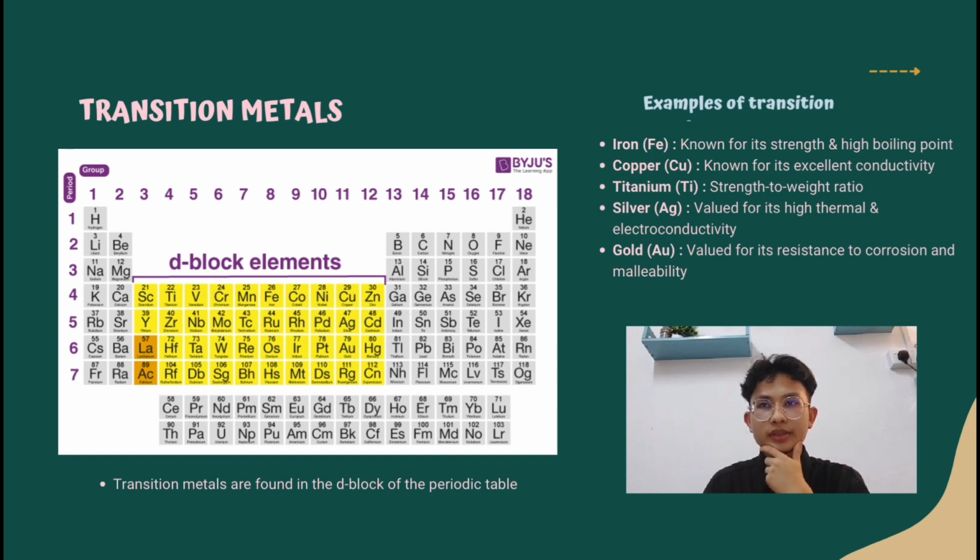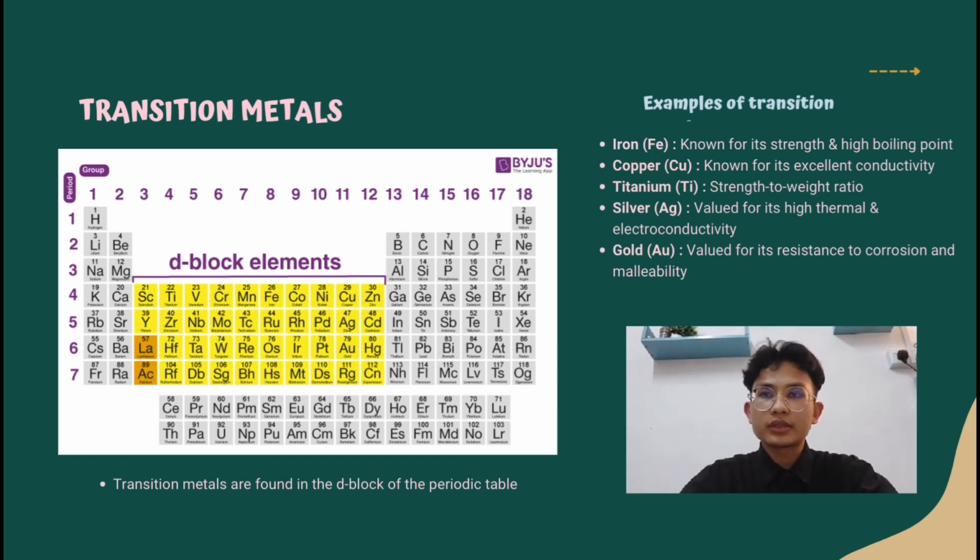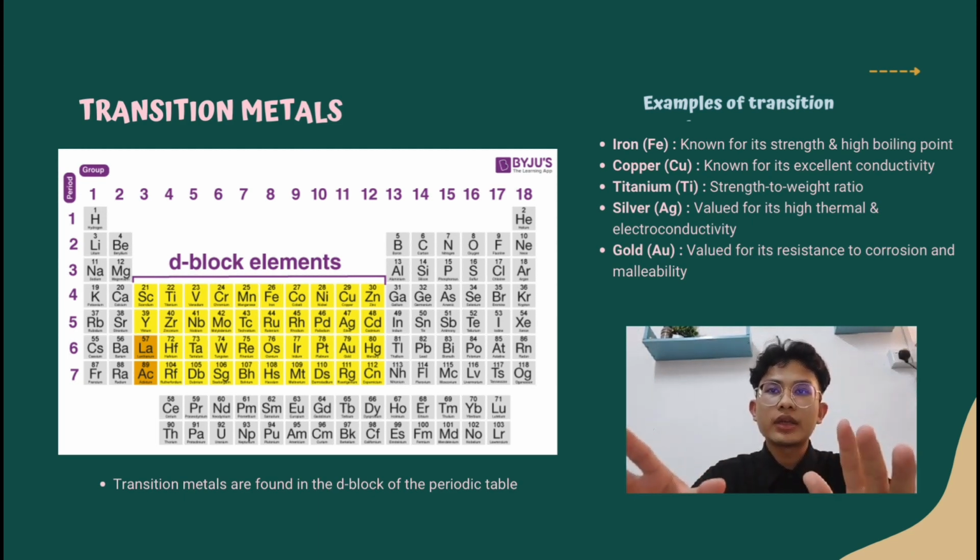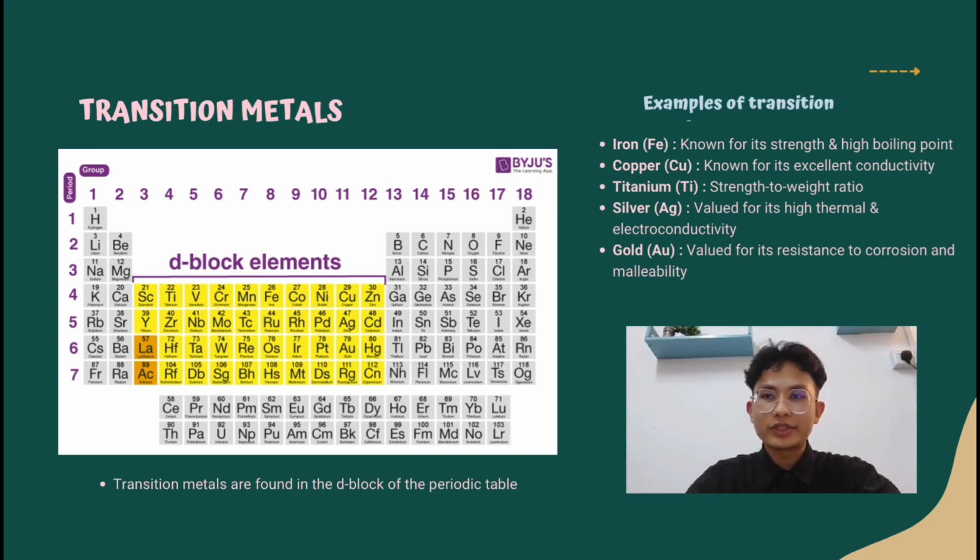What are transition metals? Transition metals, occupying a prominent position in the periodic table, form a fascinating group of chemical elements. Their unique electronic configurations, diverse properties, and wide-ranging applications make them a subject of great interest in inorganic chemistry. Transition metals are found in the d block of the periodic table, spanning from group 3 to 12. They are located between the alkaline earth metals, which is group 2, and the post-transition metals, which is group 13